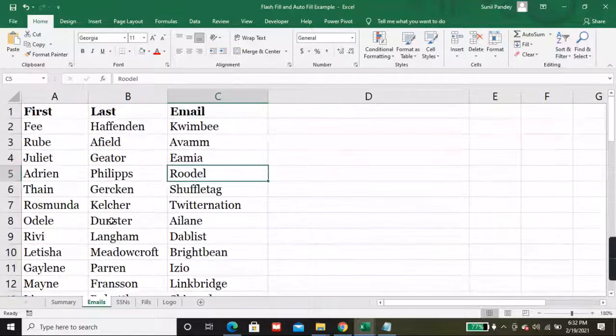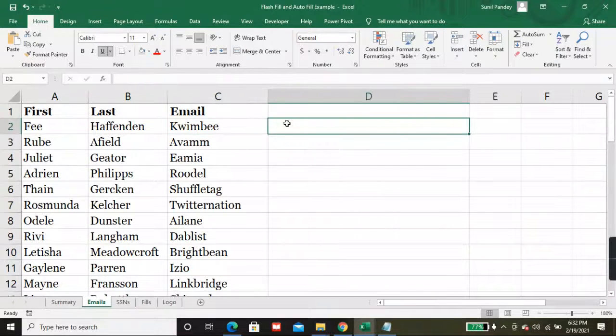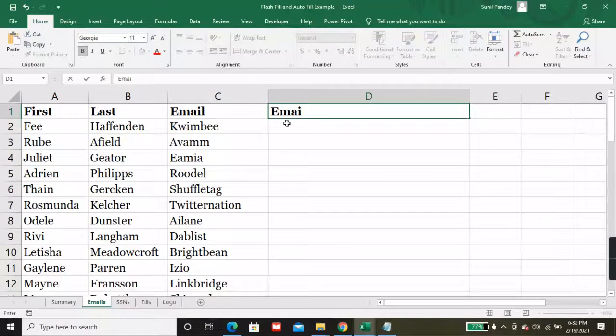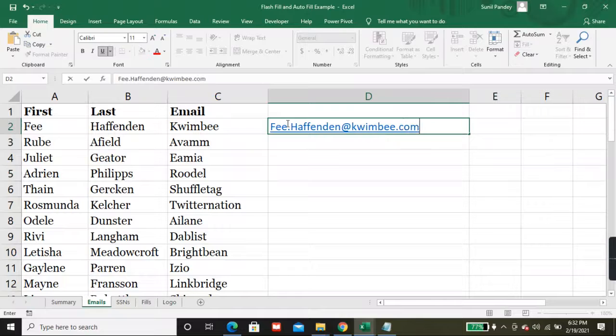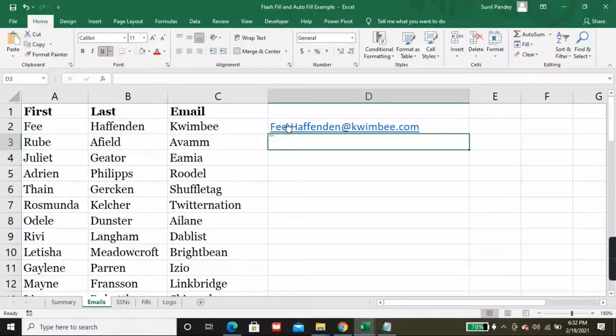The email ID should be the first name, dot, the last name, at the rate, the company name, dot com. Basically, in your company the email ID is like this.